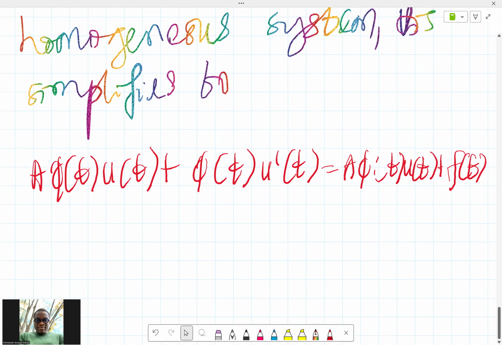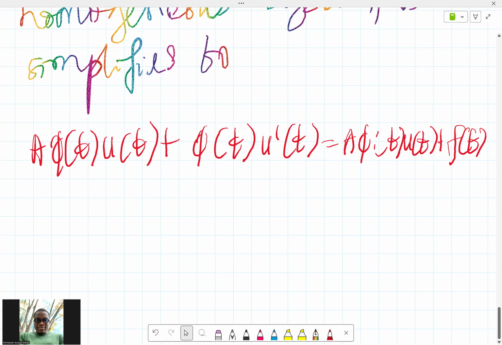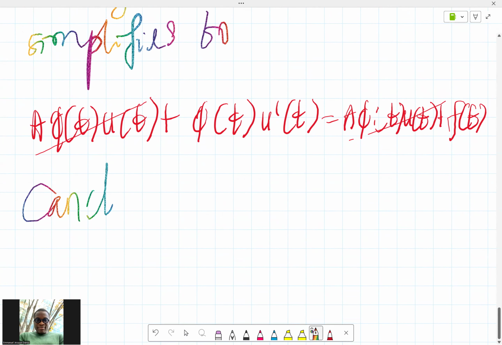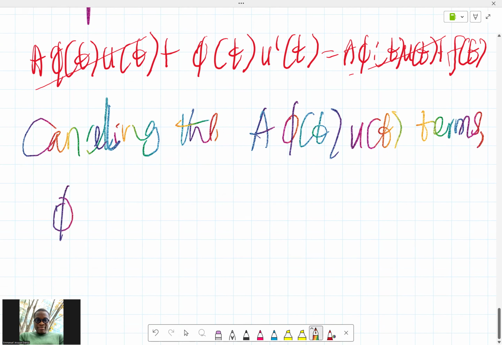And in that case, we can easily cancel this out. From this expression you can see that this can cancel this out. So we have a more simplified system, canceling the A phi of t u of t terms, as you can see up there. If we cancel them, then we have phi of t